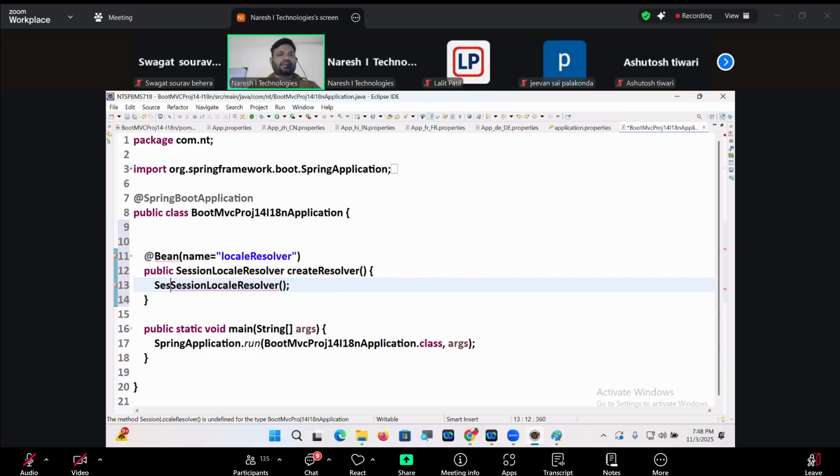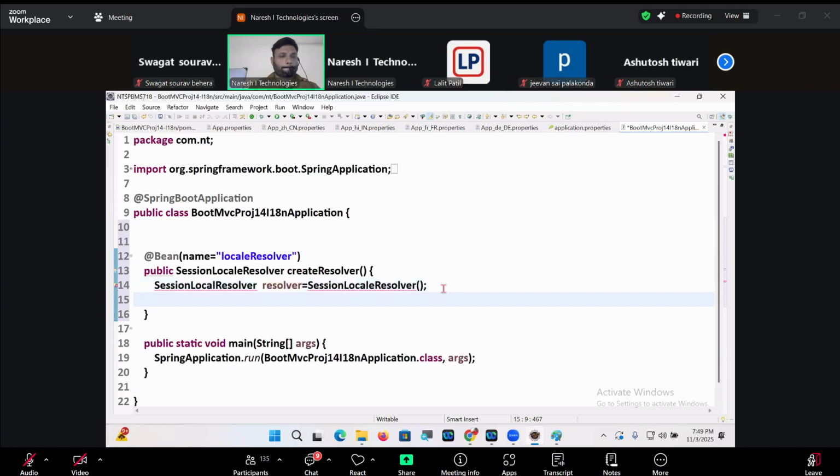SessionLocaleResolver resolver is equal to new SessionLocaleResolver. Are you getting my point there, guys?